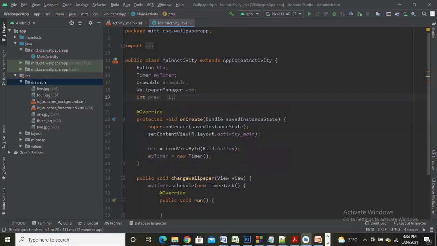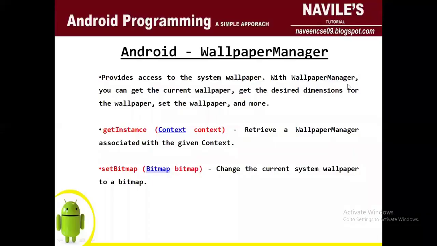So apart from the timer class object, I also declare an object of type Drawable and an object of type WallpaperManager. So let us understand what Drawable and WallpaperManager are going to facilitate. WallpaperManager is one of the classes supported by Android, which provides access to the system wallpaper. With WallpaperManager, you can get the current wallpaper, get the desired dimensions of the wallpaper, set the wallpaper, and many more functionalities.